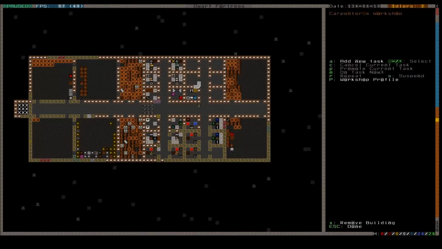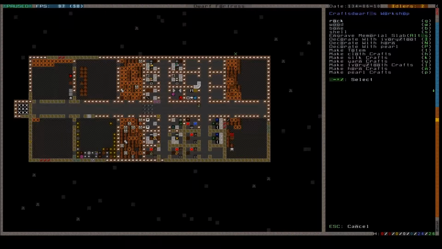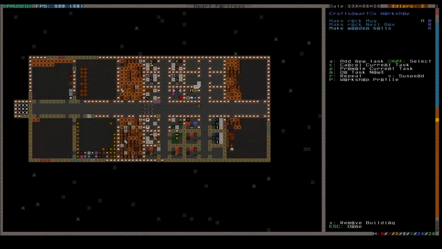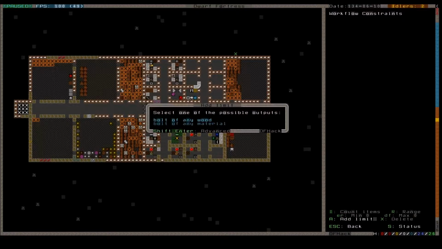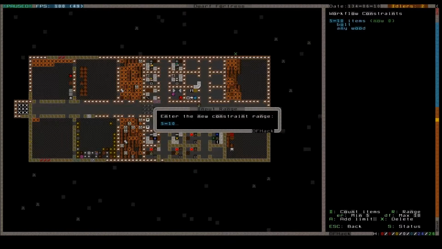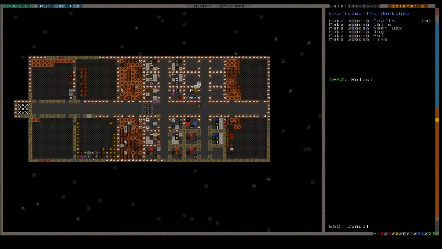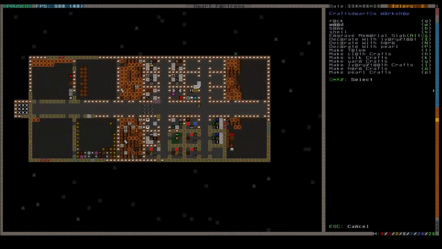No. So that's from Craft Dwarf's shop, which is exactly this thing. So create out of wood bolts. Yeah, bolts. Repeat on that, and make sure we also always have quite a few bolts. I'm going to require like 100 to 250 bolts or something like that. Going to add another one, and I'm going to create